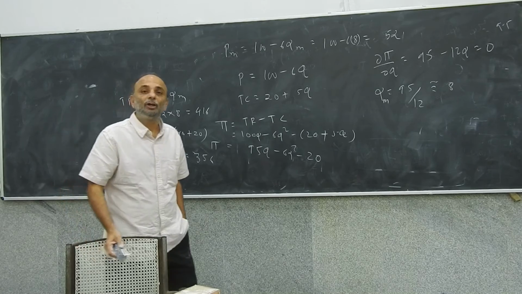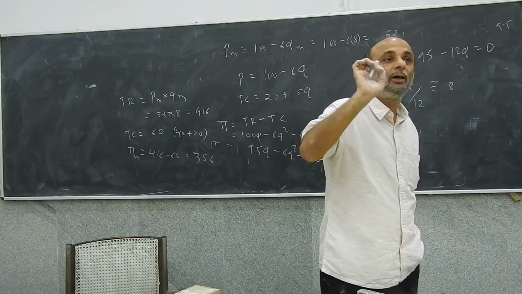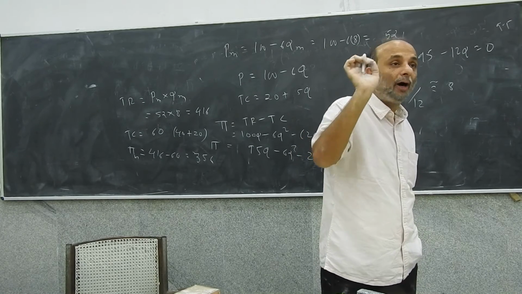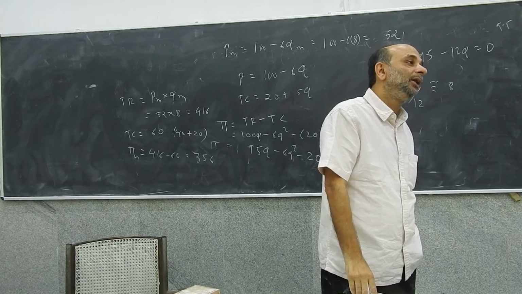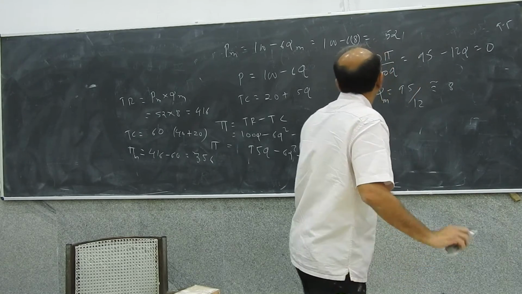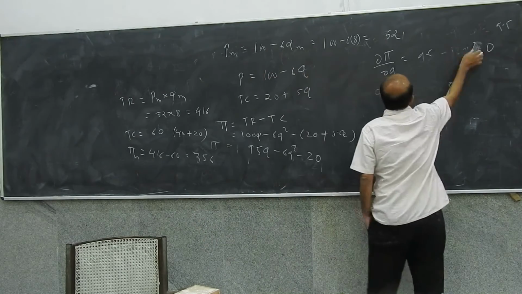What will be the deadweight loss? To calculate deadweight loss, you calculate what the competitive output would be. At the competitive output, price equals marginal cost. So to calculate the competitive output, you will say,